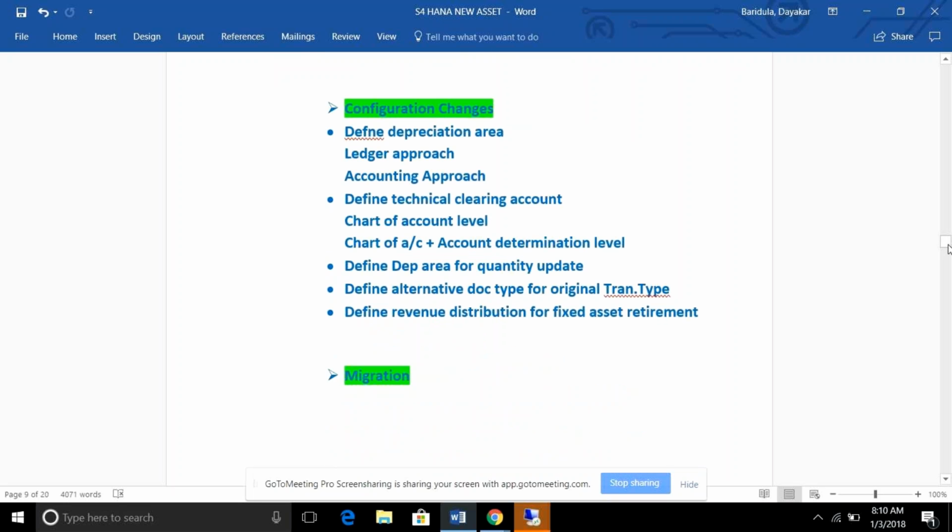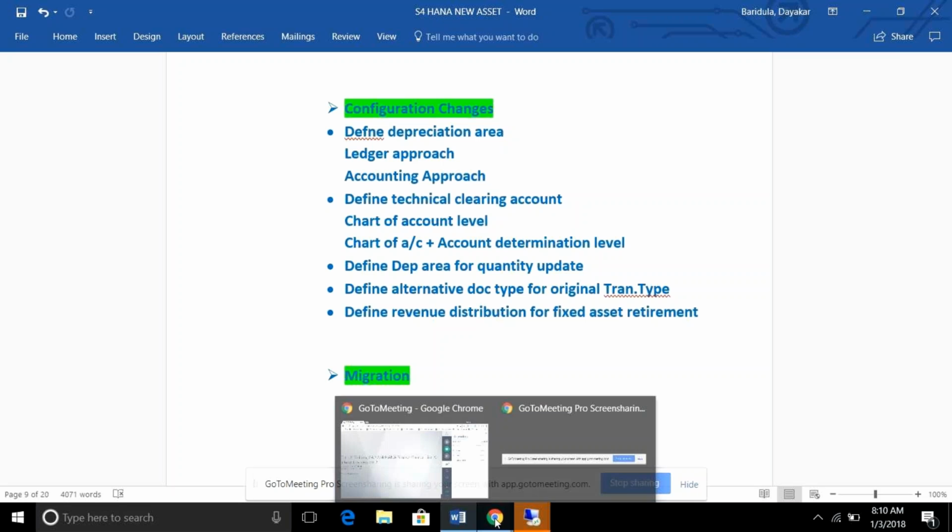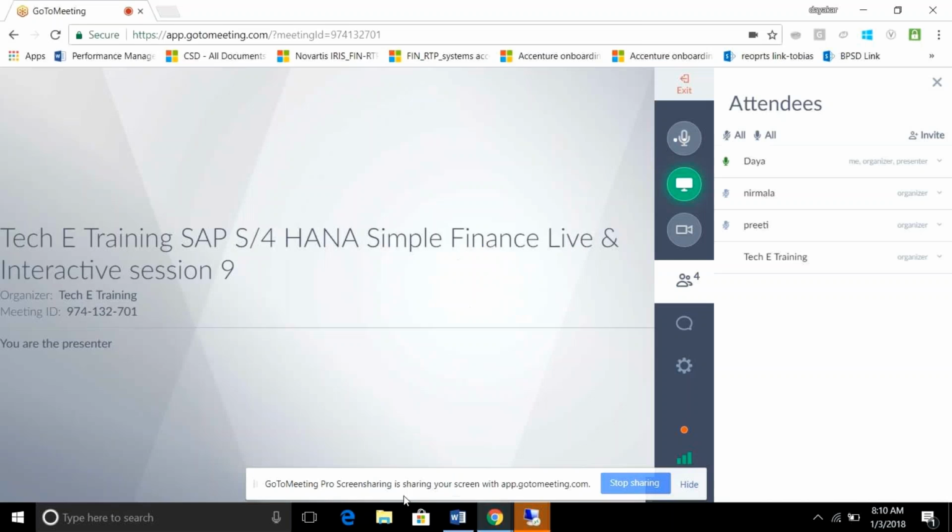If everything is clear, then we will touch upon all these concepts during the migration concepts also. I'm just giving the overview here, but we will see those things during the migration concepts, where we have a separate topic. Can we move ahead, or do you have any questions here? If there are no questions, then I will take the system also.